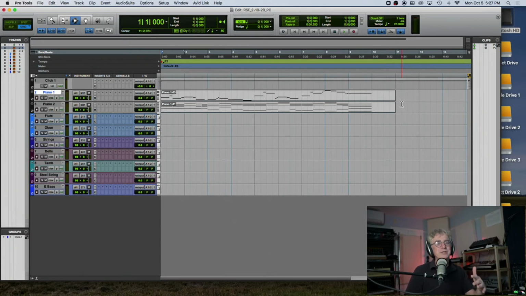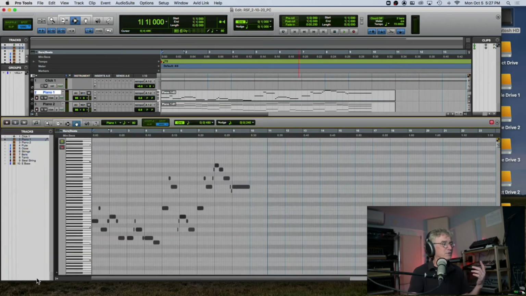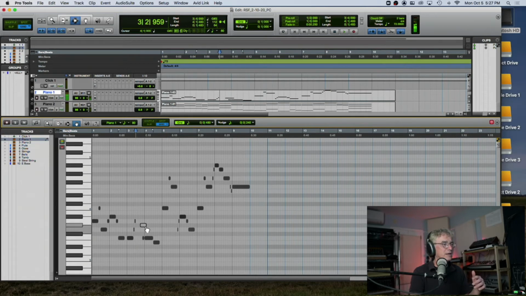So I like to start off with the mouse skills first inside of Pro Tools, right? Because it is a very graphic program. Every DAW is graphic, right? You've got this piano roll, which is very graphic. So learning how to use the mouse to do things, it's very helpful. That being said,